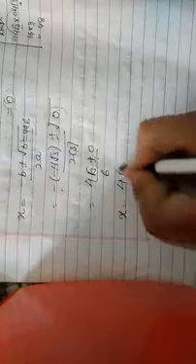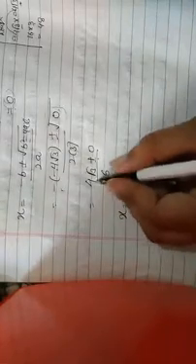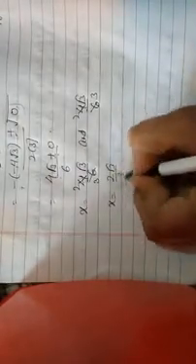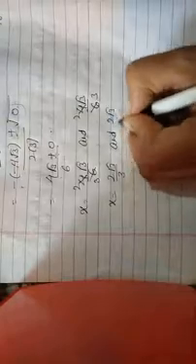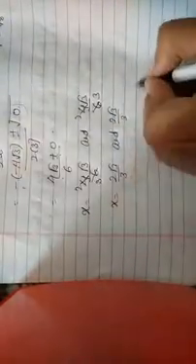We have two cases. Firstly we take the positive sign, then we take the negative sign. First, x is equal to 4 root 3 plus 0, which means 4 root 3 upon 6. And the second case is 4 root 3 minus 0. There is no need to write 0. So 4 root 3 upon 6. 2 2s are 2, 3 3s are. Similarly 2 2s are 2, 3 3s are. The value of both x is 2 root 3 upon 3, and the second value is also 2 root 3 upon 3. Both values of x are the same.